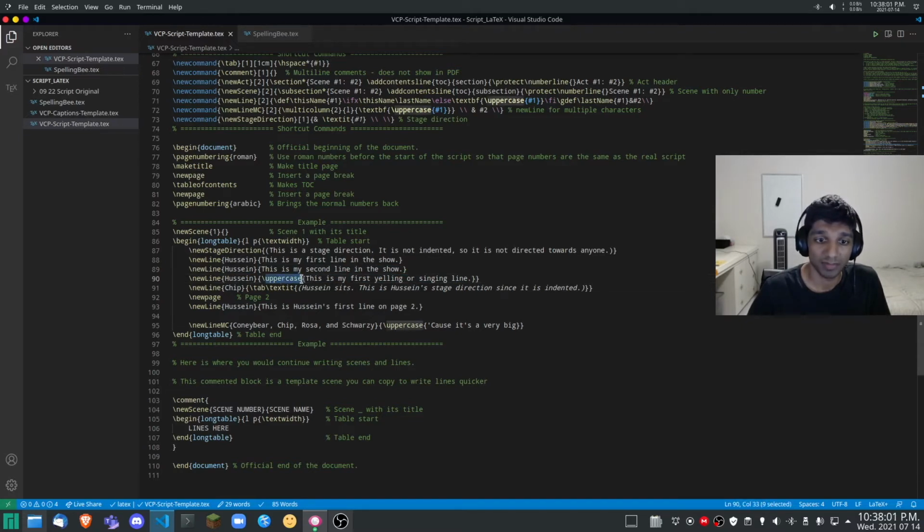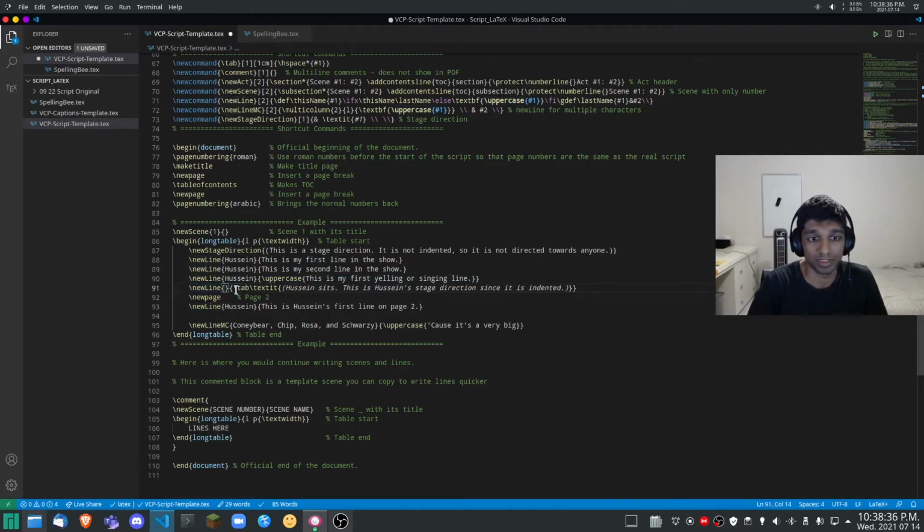This uppercase command that surrounds the sentence means that in the PDF it will be printed as uppercase. This is simply for simplicity because you may not want to type caps lock on the document, or it may be easier for your eyes if it's visually appealing as a proper sentence like it is for me. It's more of a preference. You could type the sentence in all caps and neglect this uppercase command. This command here, this line is by Chip.